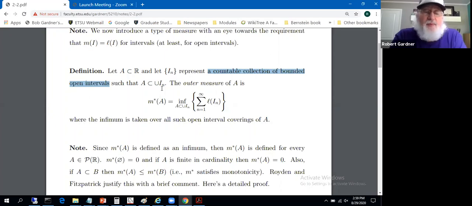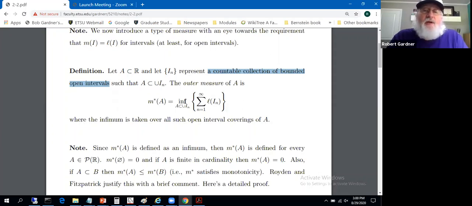So the I sub n's form a cover of set A. It's an open cover of set A. We're not concerned with any compactness at the moment, at least, but it's an open cover with not just any old open sets, but bounded open intervals. So a countable collection of bounded open intervals. The outer measure of set A is defined to be m star of A. Star indicates outer measure,